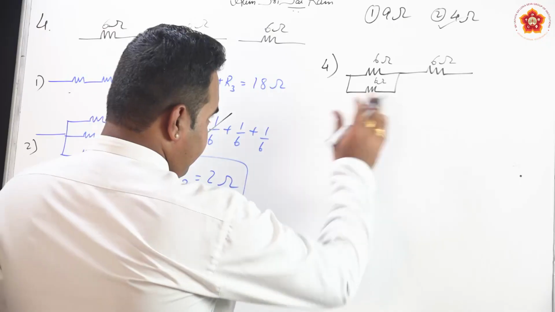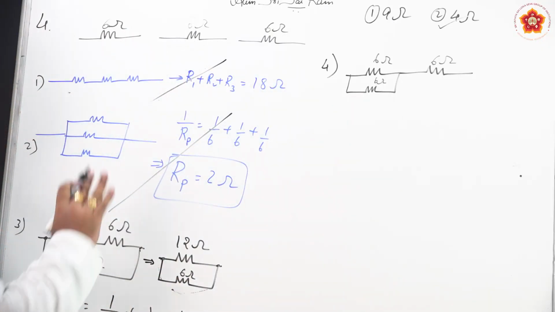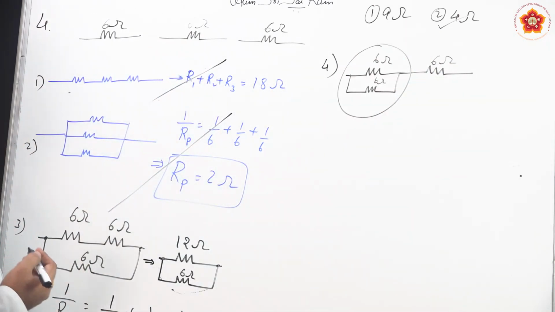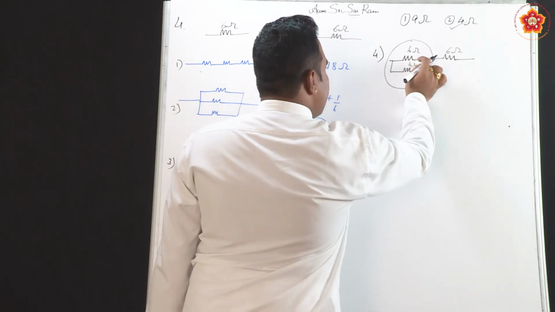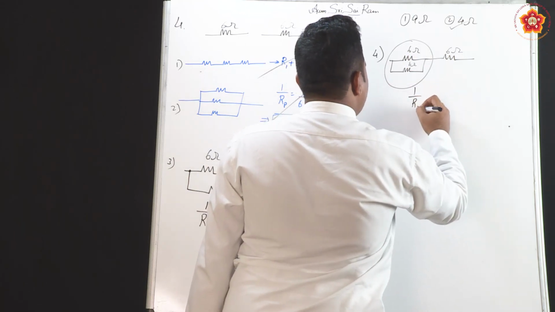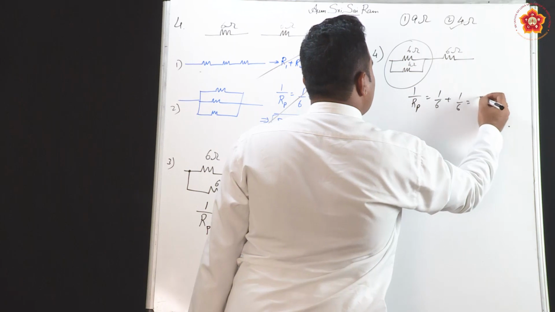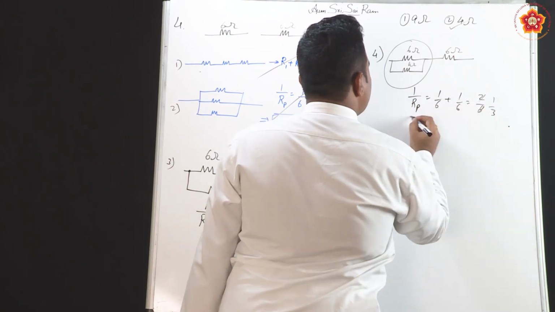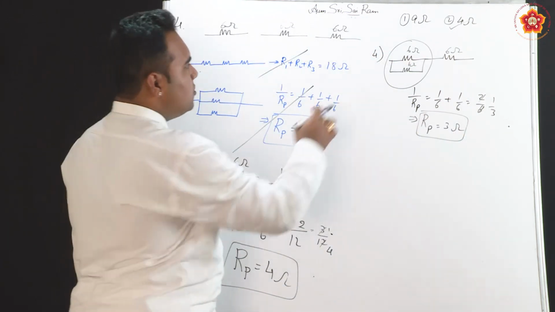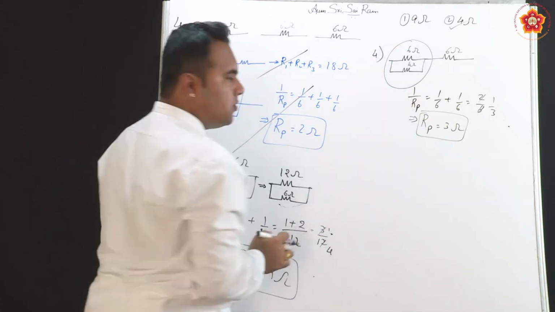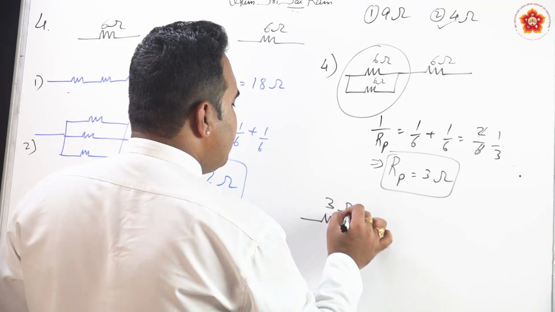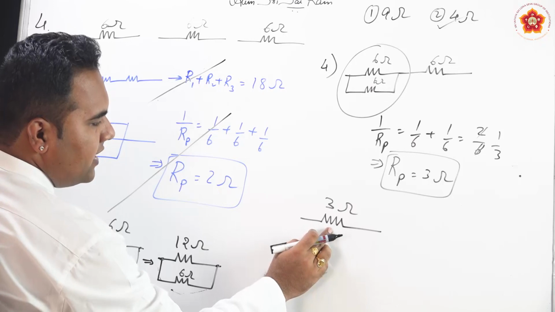Again we have to break up the overall circuit. We have to analyze first this part. There are 2 resistors which are connected in parallel. So if you replace these 2 resistors in parallel, 1 by Rp is 1 by R1 plus 1 by R2, 2 by 6 or 1 by 3. So Rp will be 3 ohms. So I can remove 2 resistors each of 6 ohms which are in parallel, and I can as well keep one effective resistance of 3 ohms. So these 2 are replaced by a single resistance of 3 ohms.